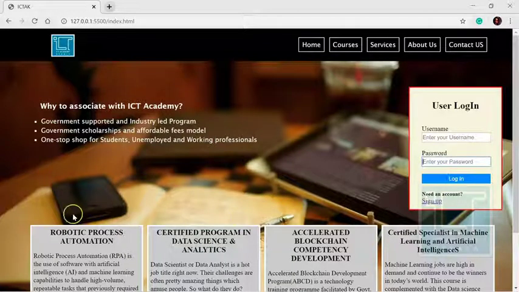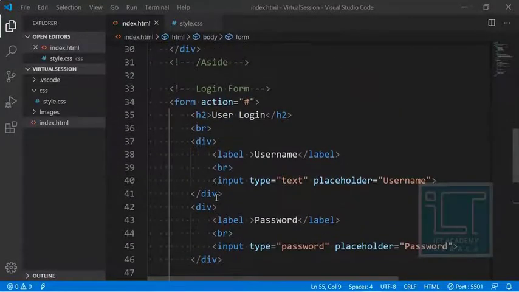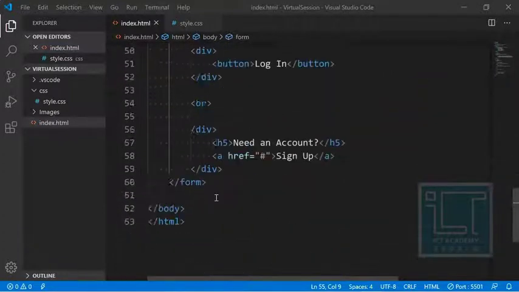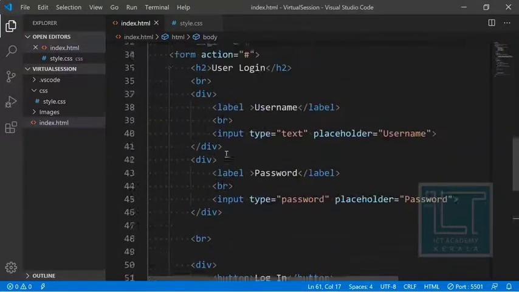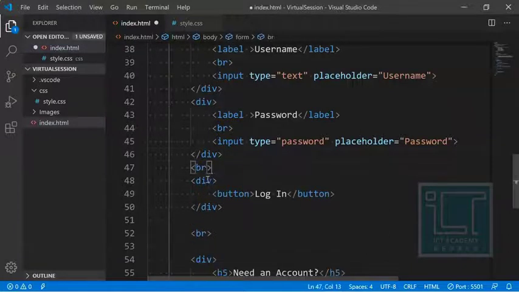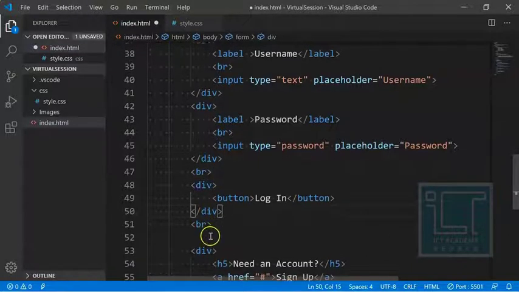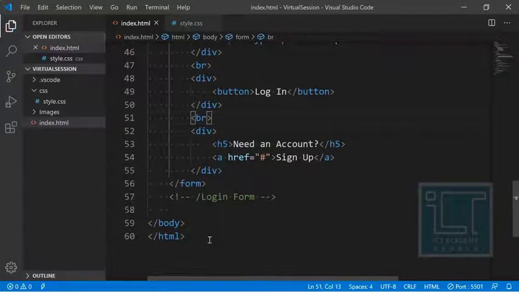Okay, now let's move on to the styling part. Our HTML part is almost finished regarding the form. So this is the end of the form, I must mention it. Okay, that is a login form. That is almost done. And these are our login form contents, and we can give the spaces and everything. Okay, fine. Right now we will be moving on to the CSS part.